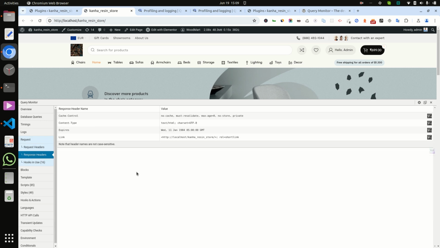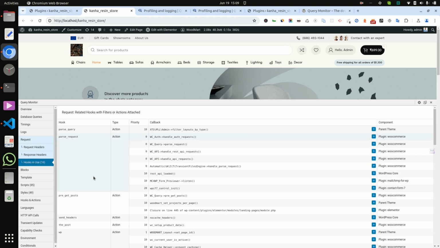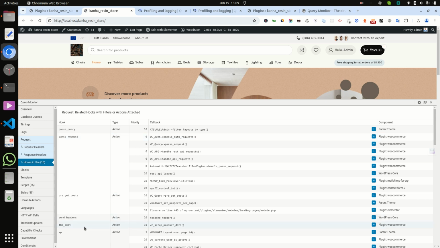Request header, response header are here, and hooks in use. There are two types of hooks in WordPress, action and filter. So we can check all the hooks which are being used on this page.